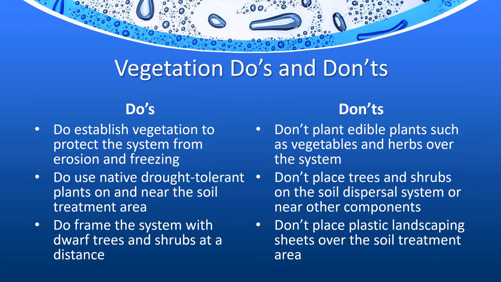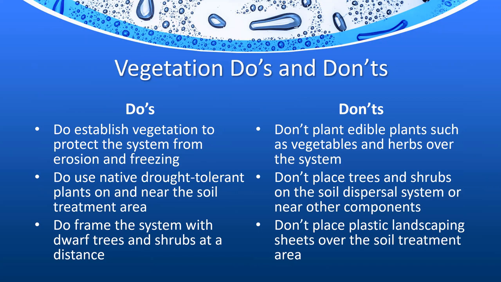Some vegetation do's and don'ts. I do get asked this quite a bit. It is obviously good to have vegetation over your lateral lines because, again, we're looking for that evapotranspiration, it helps prevent erosion, and also prevents freezing of the lines as well when we get those cold snaps around here. Try to use native drought-tolerant plants. If you've driven around the countryside over this past month, we've been so dry that you probably see some green strips in people's yards, and that's their septic lines. So those plants are doing well in those strips, and that's just the way the septic systems work. They provide that water and the nutrients during these dry times.